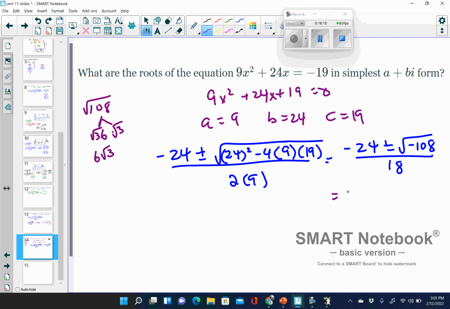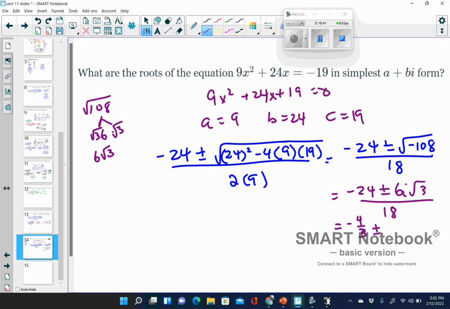So final answer here, negative 24 plus or minus 6 radical 3, but don't forget the i because this is negative, so it's going to be 6i radical 3 over 18. And then now all we have to do is simplify. Negative 24 over 18, if you plug that into the calculator, you hit enter, you're going to get negative 4 thirds,